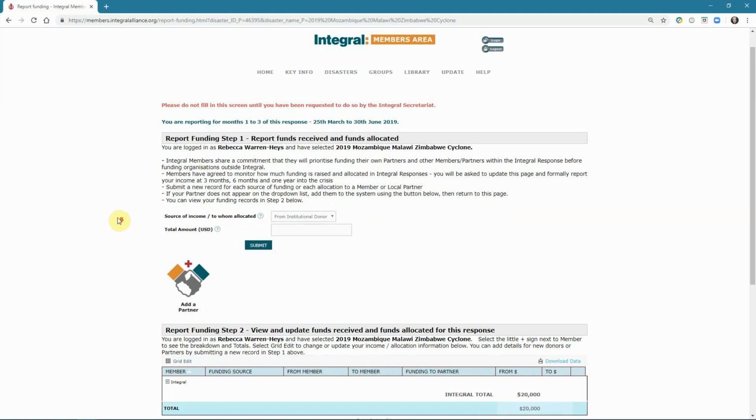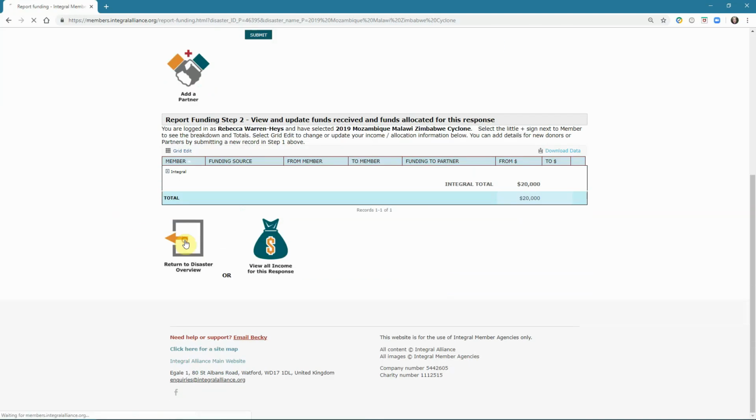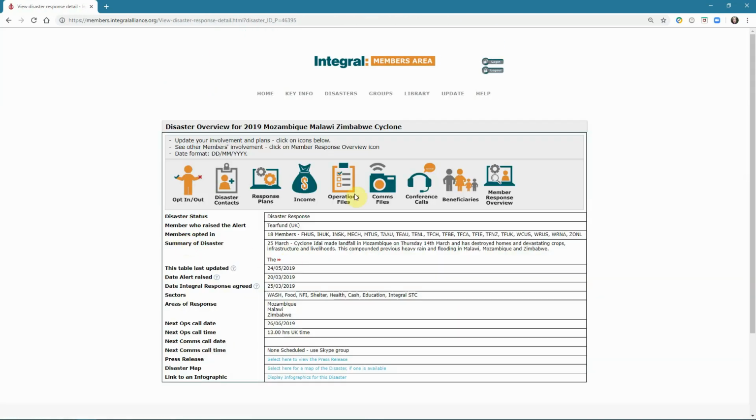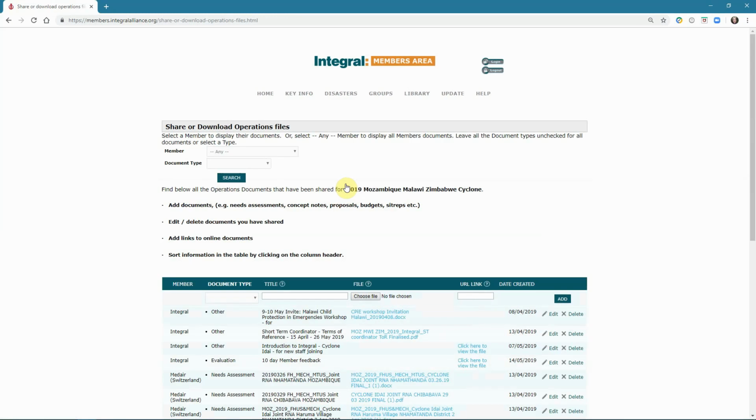You can see a link to it on your screen now. Let's go back to the dashboard and look at the next icon, which is Ops Files. Ops Files are very straightforward. Use this page to add or download any document relevant to this disaster. Your member will be taken from your username. Select the right document type from this drop-down list, give your document a title, and then either attach a file